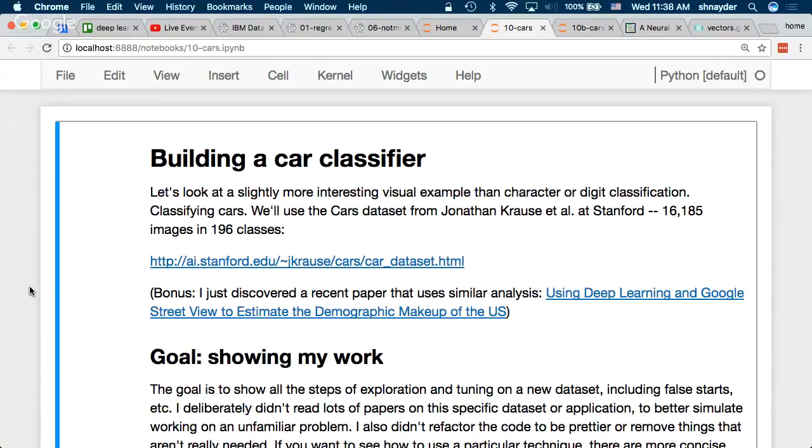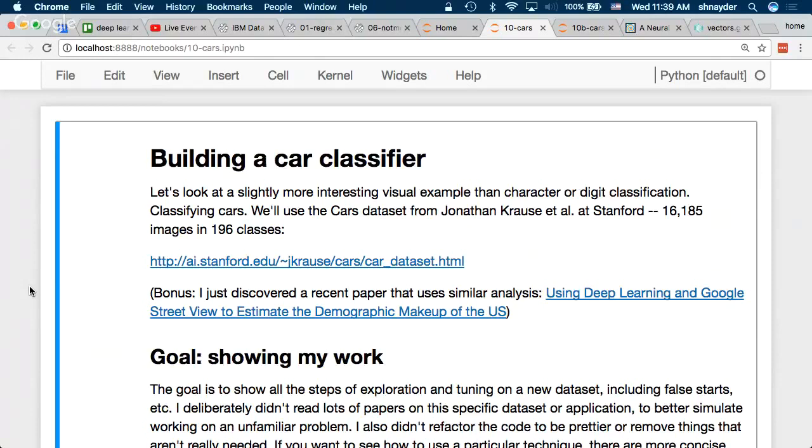So there's this data set from Stanford, Jonathan Krause et al., with about 16,000 different cars of 196 different models. And I said, you know what, maybe I'll do something interesting with this. In particular, I wanted to think about making a classifier for different kinds of cars. One obvious thing you can do is try to build a classifier for each of the 196 classes, which they wrote a paper about that I did not read on purpose. But I decided to see if I can figure out vans versus sedans versus SUVs, et cetera.